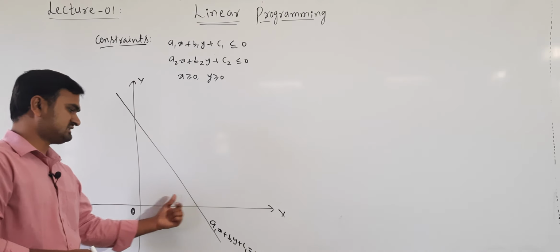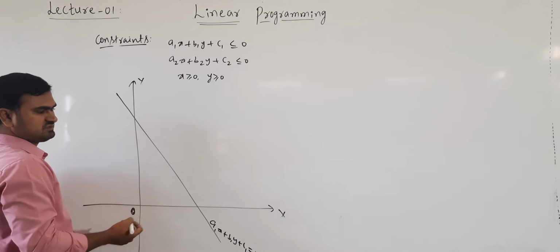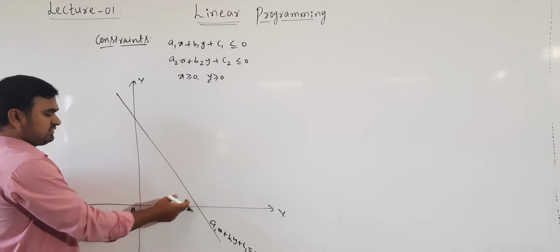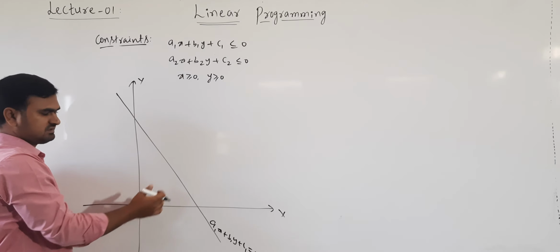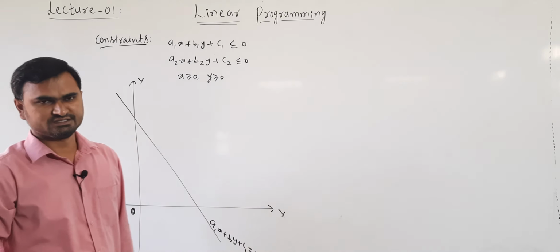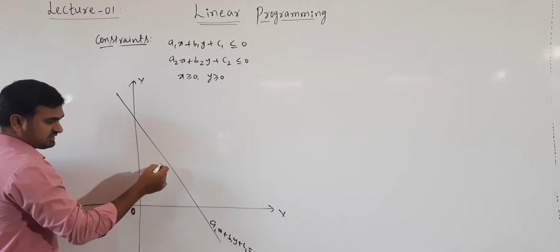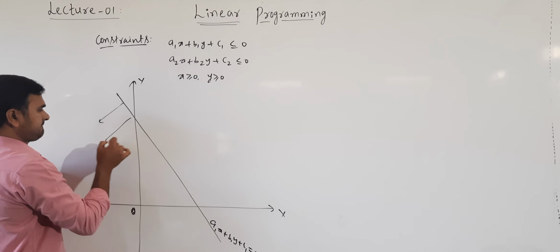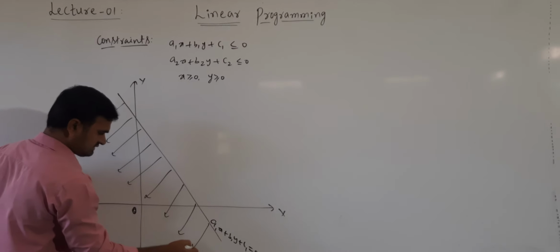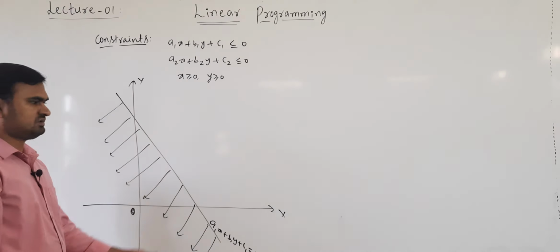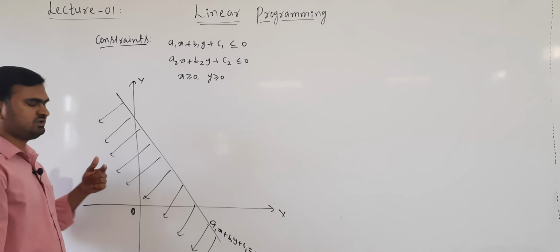Now to check which region is required, below the line or above the line, it depends on a test point. So take any one test point, below the line or above the line, and substitute in that inequality. If it satisfies, then the region where the test point lies is the required region. This is all an example I am taking. When we solve numericals, we will clearly get which region is required. So the inequality represents a half plane. Suppose we need the half plane which is below this line.